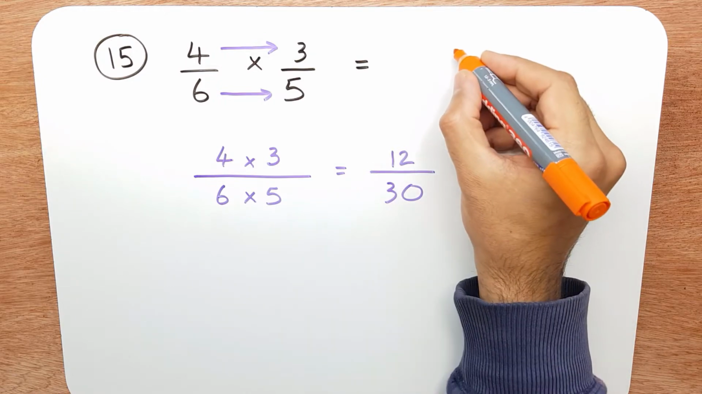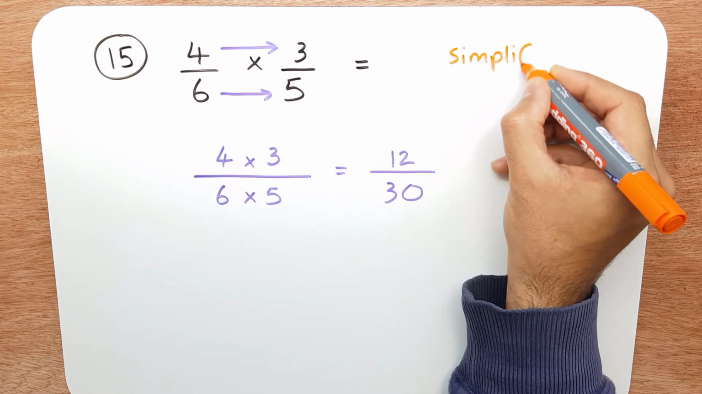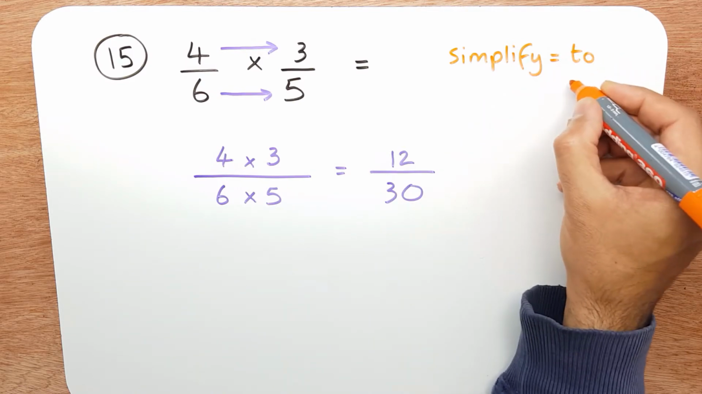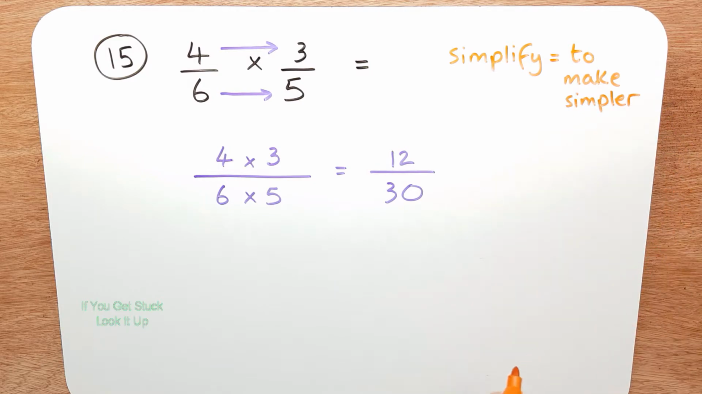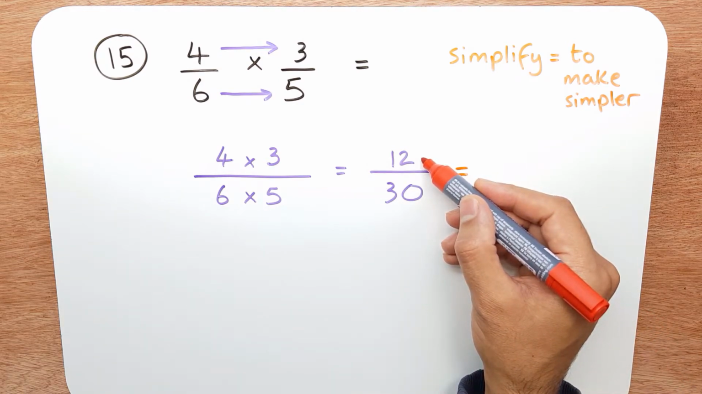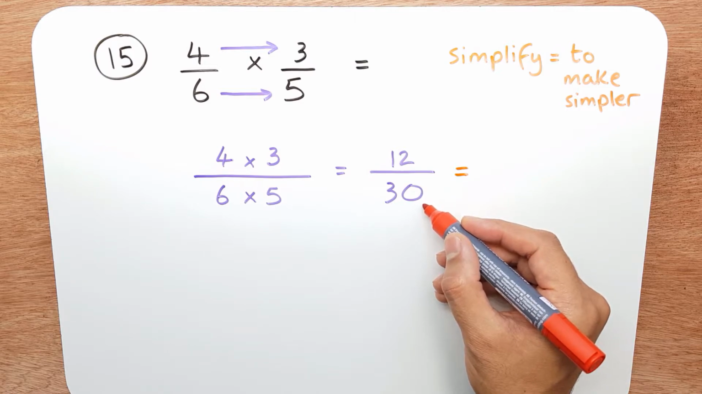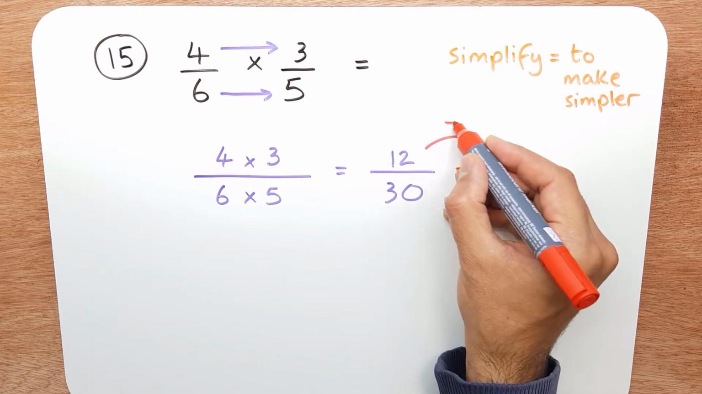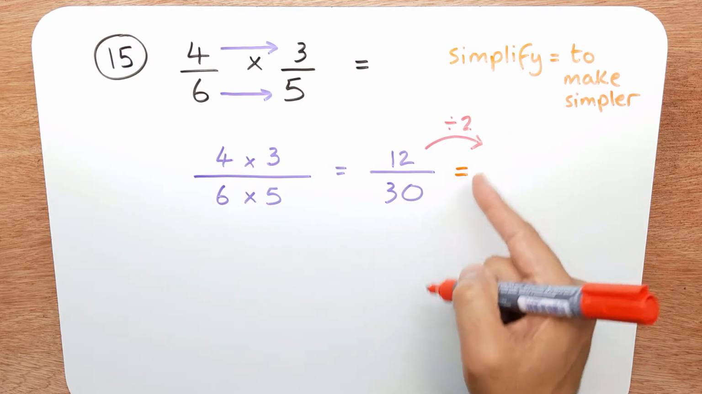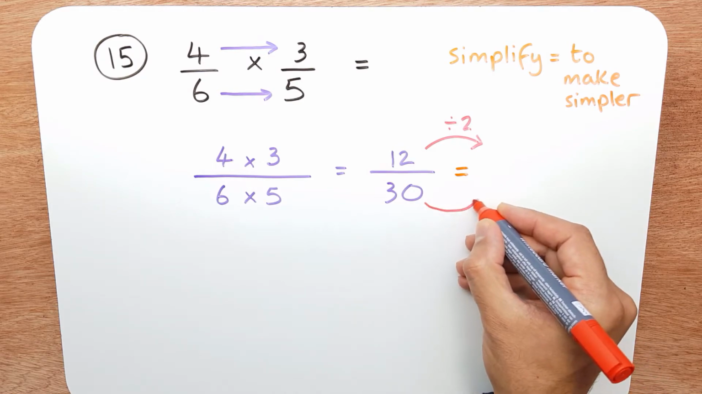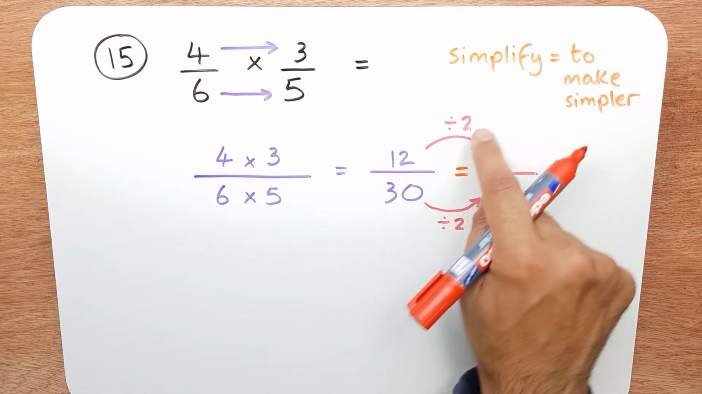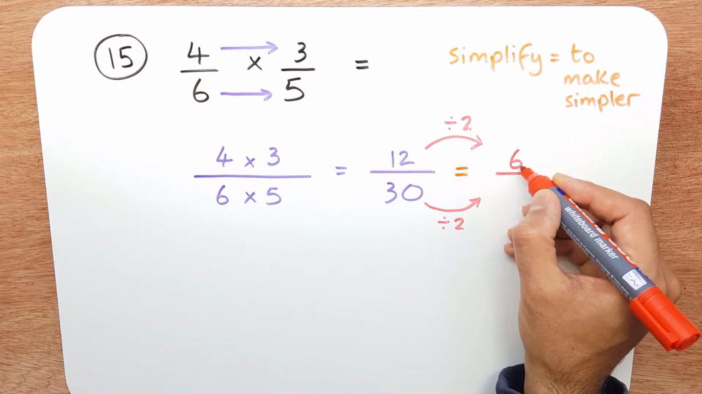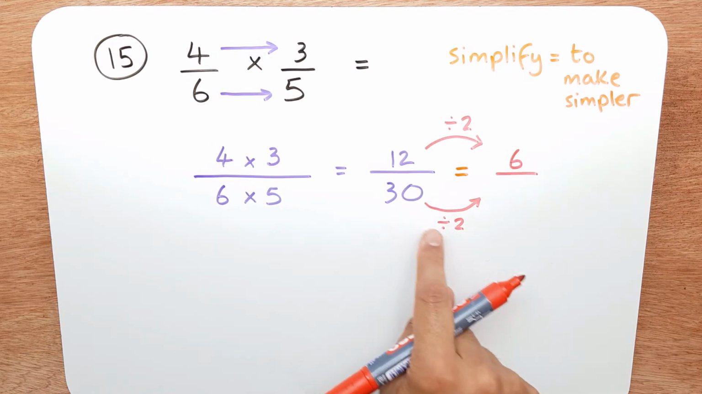Now we can simplify this. So let me write the word simplify. That just means to make simpler or easier. So I can see straight away that the numerator is in the 2 times table and the denominator is in the 2 times table. So what I'll do, I'll divide the top by 2, and whatever I do to the top, I have to do to the bottom number, to the denominator. So I have to divide that by 2 as well. So I'll end up with 12 divided by 2 is 6, and 30 divided by 2